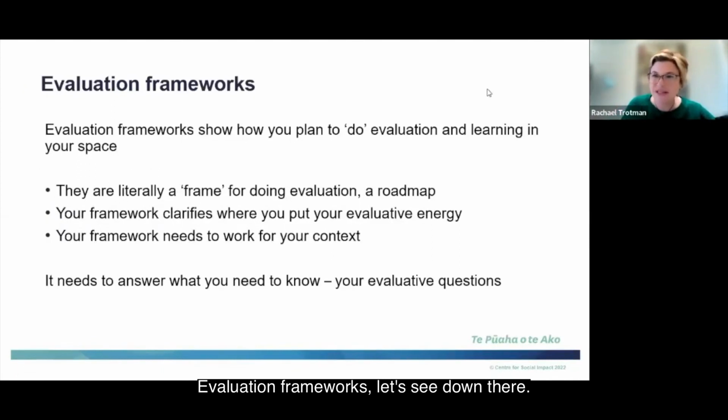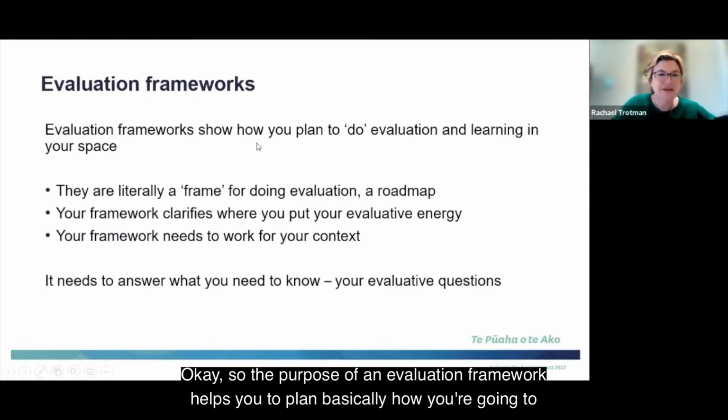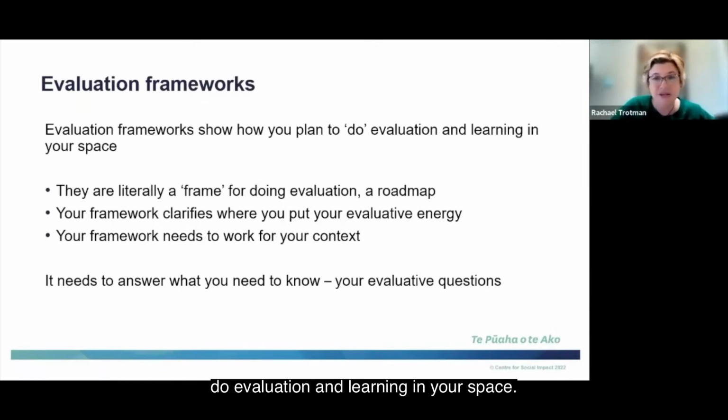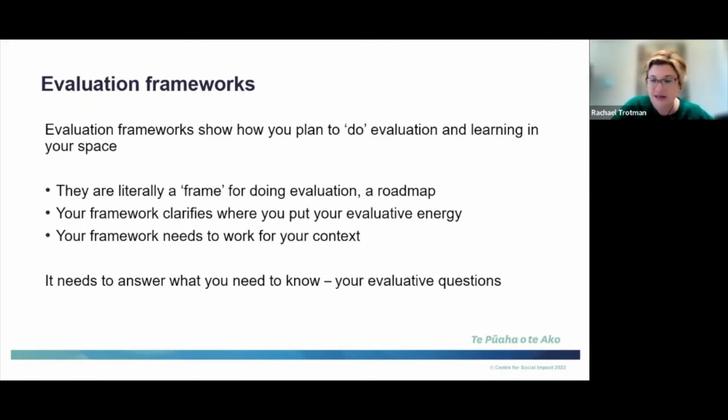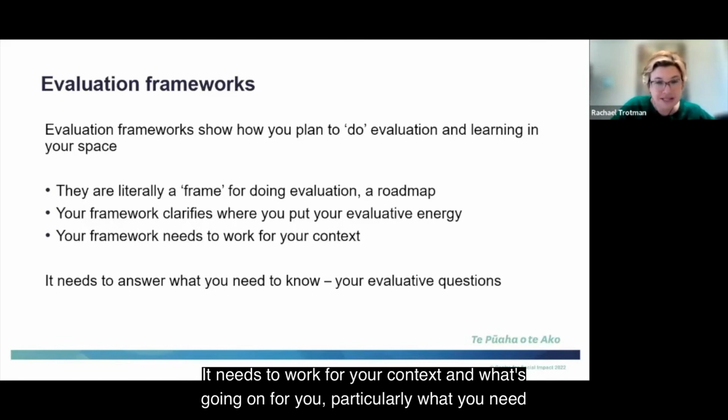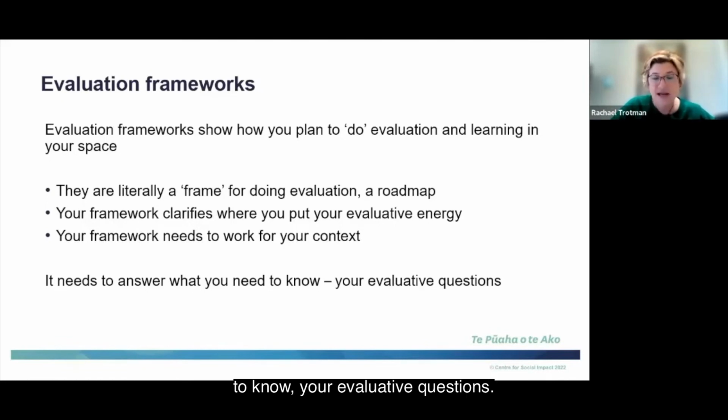Evaluation frameworks. Okay, so the purpose of an evaluation framework is that it helps you to plan basically how you're going to do evaluation and learning in your space. They give you a bit of a roadmap. They make it clear where you're putting your evaluative focus and energy. It needs to work for your context and what's going on for you, particularly what you need to know, your